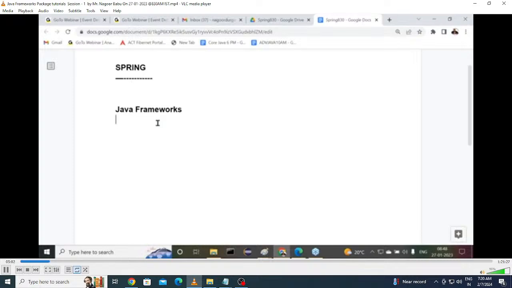Spring, then Spring Boot. The first one is Spring. The next one is Spring Boot. The next one is microservices. These are one set of concepts, no? Then after that, web services. Like this we have to start. Then before that, I need to go for